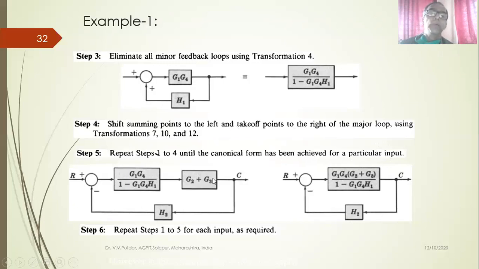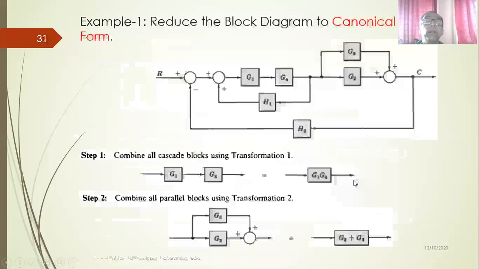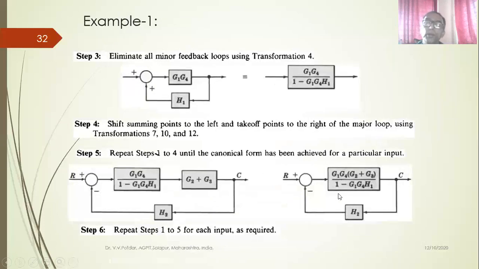This is how we get two blocks. This is a parallel block combination, feedback block combination, and one block in the feedback path. Now once again, these are in series or these are in cascade. These can be combined by multiplying. This is what is done. So what has happened now? In the original problem, there were 6 blocks, or 5 blocks in the forward path and 1 block in the feedback path. In the reduced block diagram, 1 block in the forward path and 1 block in the feedback path. This is what is called as the canonical form.